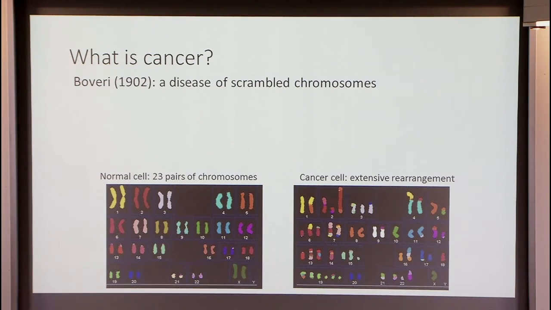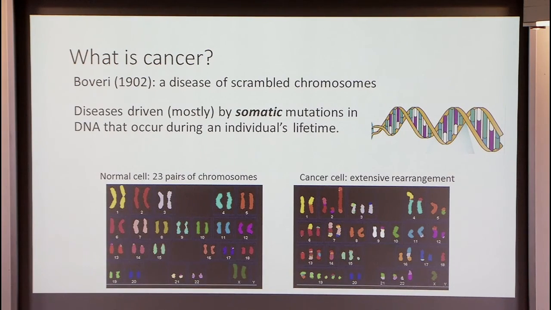Of course, we don't have to look just at the chromosomal level, and we can sequence DNA, as we'll discuss. So now we would perhaps describe cancer as many diseases, in fact, because they're quite different, as we'll discuss, that are driven primarily, but not exclusively, by somatic mutations. These are mutations that accumulate during your lifetime, as opposed to inherited mutations that you've gotten from your parents, although there are cancer susceptibility mutations. But we'll be talking mostly about somatic mutations. So that's the more modern view.